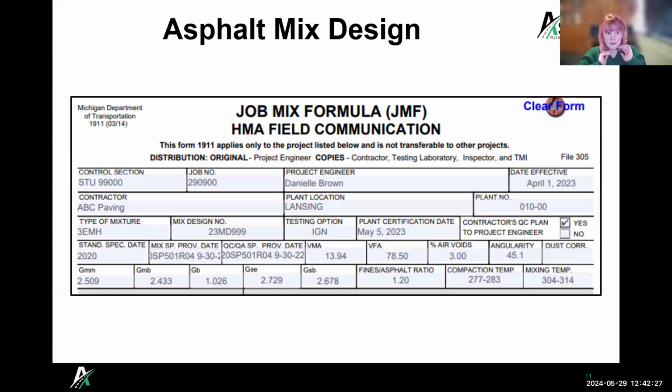So in 2020, MDOT updated their specs. I see that the standard specification date is 2020. Could people maybe be seeing mix designs that had a pre-2020 date on them? Would those still be good, or would they not be something folks should use? If there were some jobs that were put out with the previous book, that may have been within the last 2 years, and it was an approved mix design, it might still be good, but you just have to check that way.